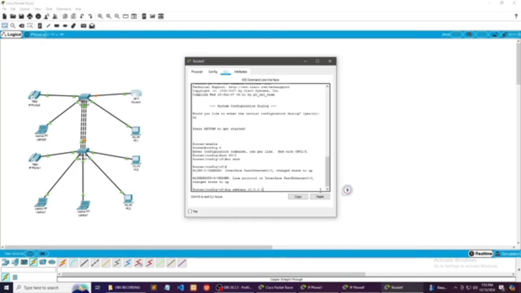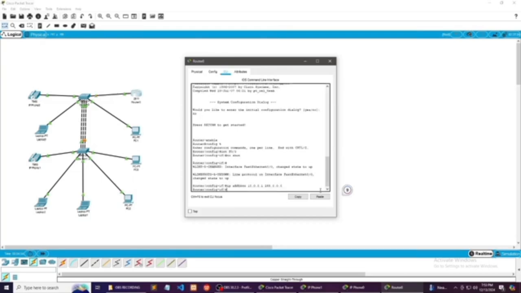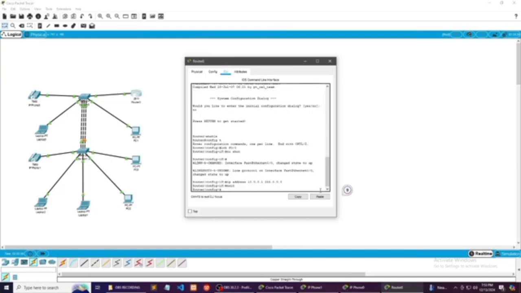Space, after typing the IP address, space 255.0.0.0. After that, enter, type exit, and then after typing exit, of course, you have to do the enter.